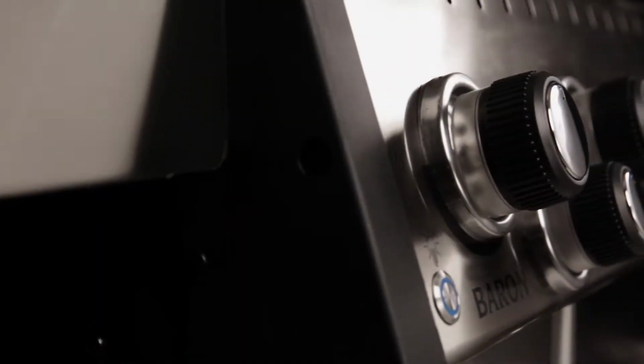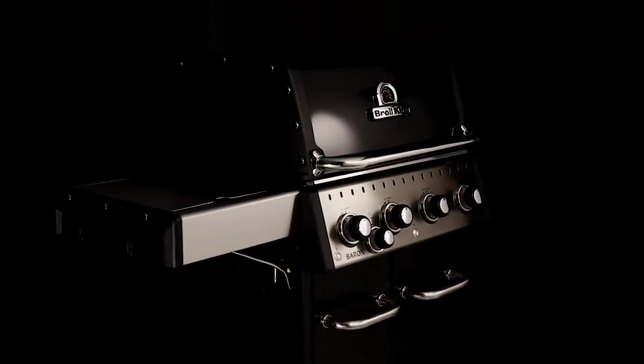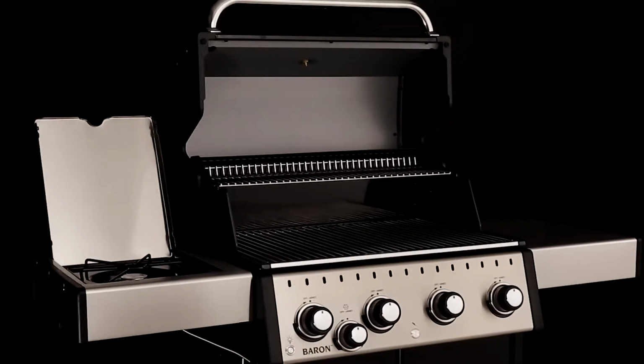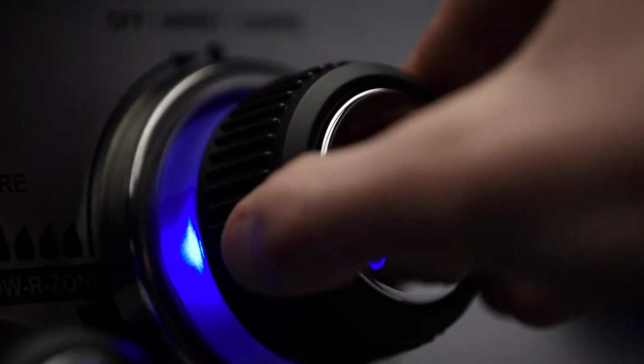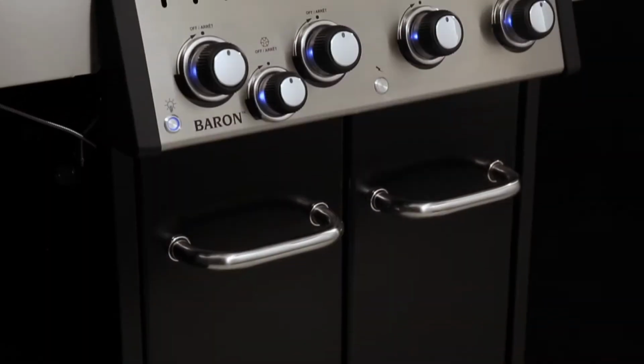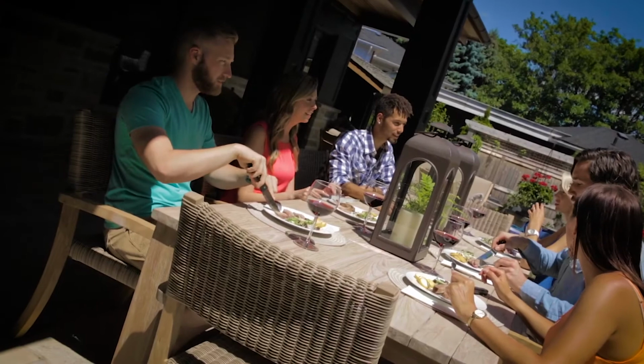Improving on excellence wasn't easy, but we did it. Get ready to experience the all-new Baron Pro Series by Broil King. These premium grills are engineered for unmatched grilling performance and cooking versatility. From 3 to 5 burner models, the all-new Baron Pro is the everyday grill designed to suit small and large